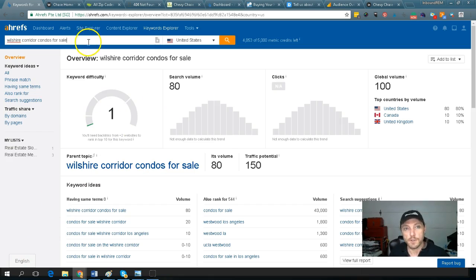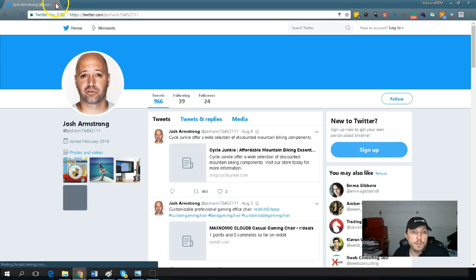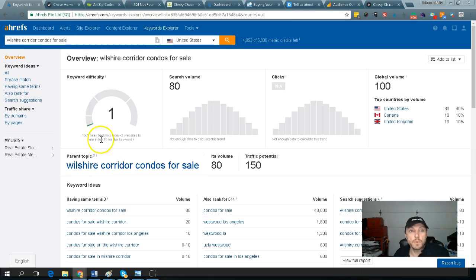So first things first, social signals. This is an example of social signals. Most people, myself included, are of the belief that social is a very low impact on anything that Google looks at, if not negligible. However, here's what my experience has been with social: while I don't believe that it impacts ranking per se or directly, I do feel like, so imagine that there's a logical sequence of events.